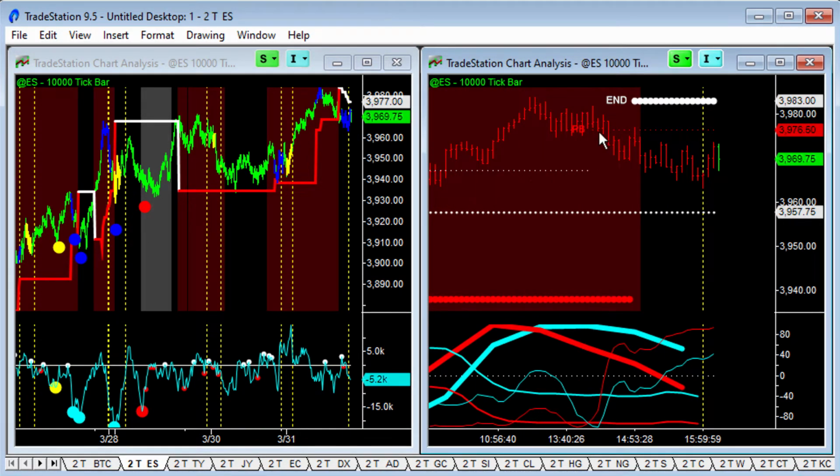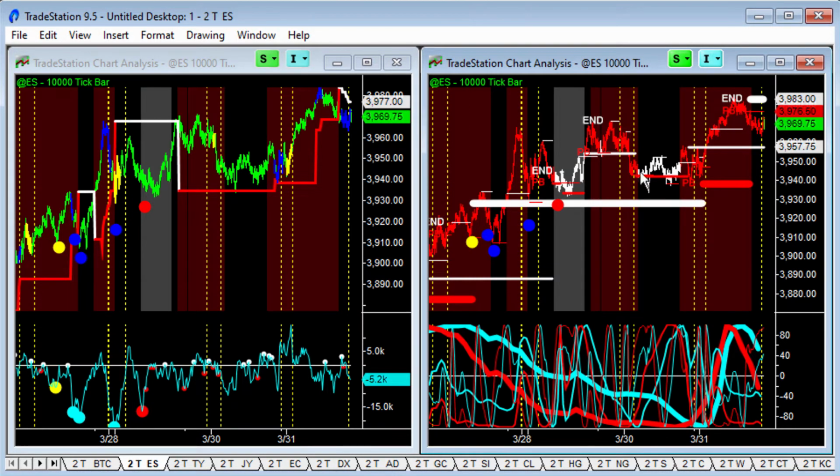No, we just put in a pullback and we broke below that pullback. It's still showing red bars here on better sine waves, so we're still technically in an uptrend. At the end of the day, a whole bunch of blue professional bars came in here. So cyclically, we're overdone, but we've not started to break any supports on the way down to show